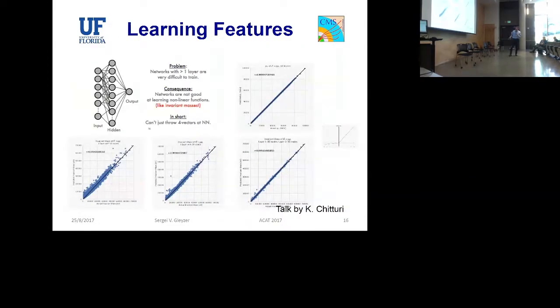And the other quite interesting talk as well, more on the interpretation side, tries to answer a very simple question, right? Can neural networks, can deep learning, what is the complexity of it needed to learn some of these physics observables that we particle physicists use all the time, meaning invariant mass, momentum, energy, and so forth. And this nice talk actually tries to answer this question: can you throw 4 vectors at a neural network? Can it actually figure out those things, right?